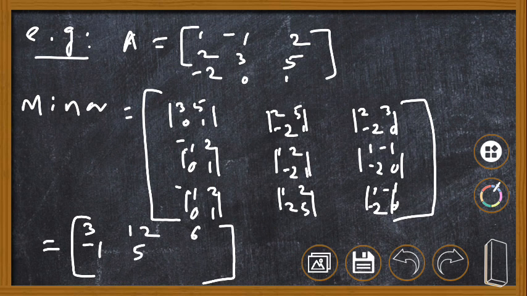Next, 0 minus 2, which is minus 2. Then minus 1 into 1, which is minus 1. Then 5 minus 4, which is 1. Then 1 into 0, that is 0 minus 2. Clear? So this is our minor,